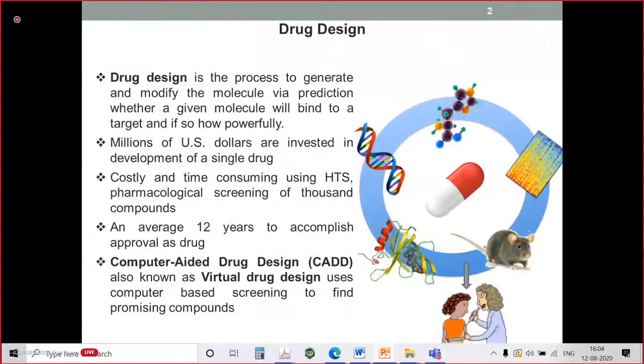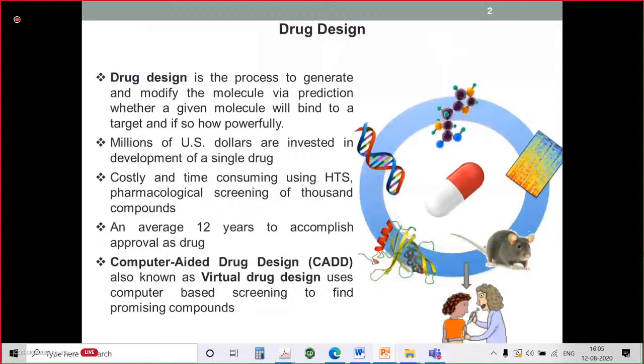So drug design is a process to generate and modify a molecule by predicting whether a given molecule will bind to the target or not, and if it is binding to the target, how powerful that binding is. Generally, we design the drug based on the traditional method as well as computational drug design methods. If we try to understand the process, drug design involves a lot of effort, money,